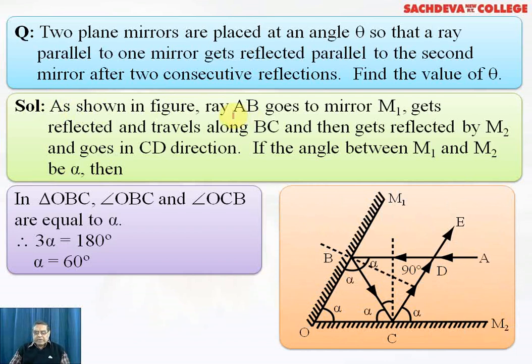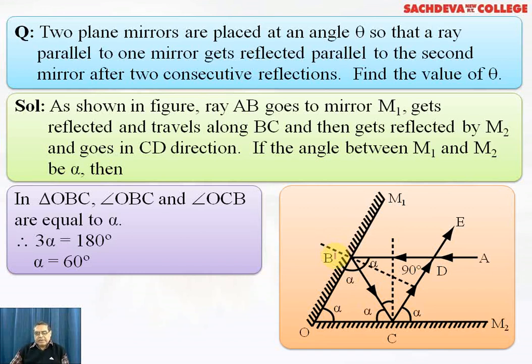In the figure, two mirrors are indicated. One mirror is M1, the other mirror is M2. The incident ray of light is indicated by AB. It gets reflected, and the reflected light is BC. From C there is another reflection, that is CE. The dotted line meeting at C is called the normal. Similarly, from line CE, another normal is drawn at point B. Points B and C are called the points of incidence.